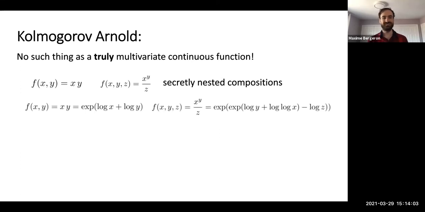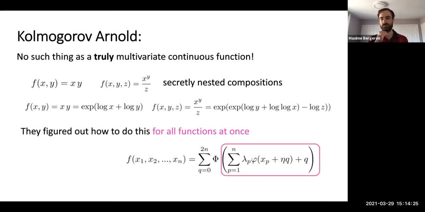So how do you do it? Here, you use things like exponentials and logs. You can decompose multiplication as a tower of one-variable functions: log x, don't need anything else, log y, don't need anything else, combine them with plus, and then you get x times y out of a single big blob, and so on. You can have at it for any individual function and split it up as a tower of this shape. And the theorem they prove, which is kind of insane, is to say you could do this for all